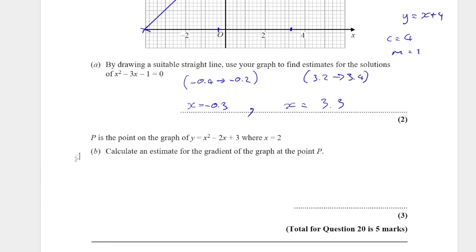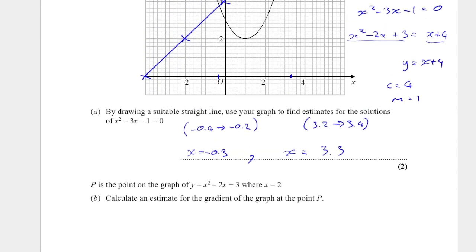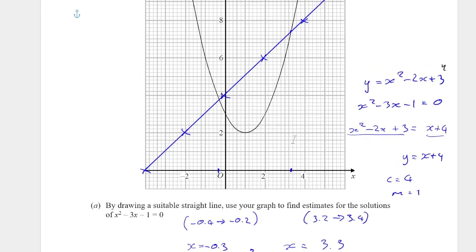Okay, second part. P is the point on the graph where x is equal to 2. Calculate an estimate for the gradient of the graph at this point. So where x is equal to 2. So we're trying to find the gradient of the tangent at that point. So what I'm going to do is, or what I'm going to try and do,